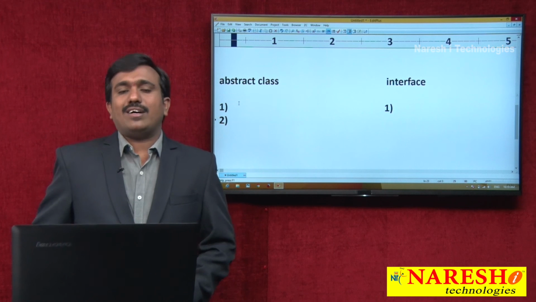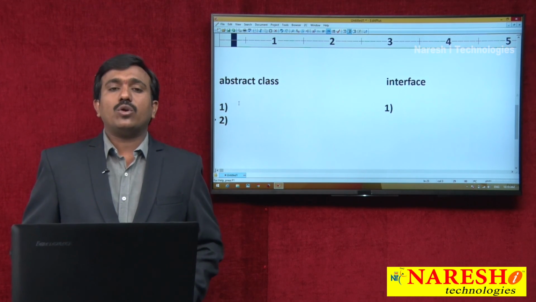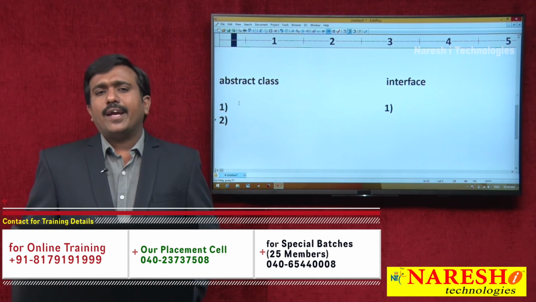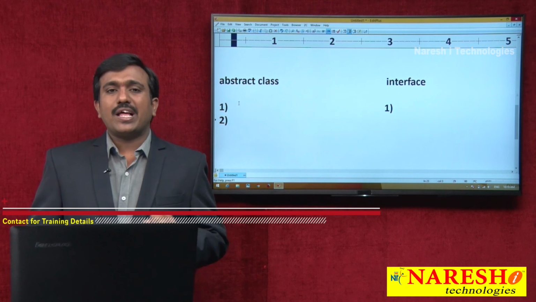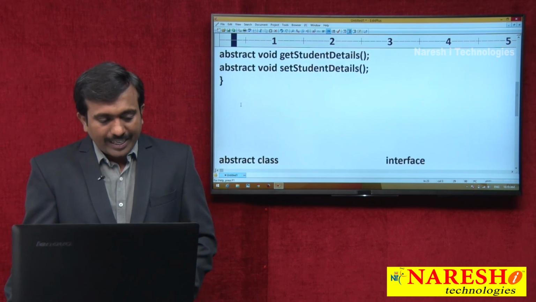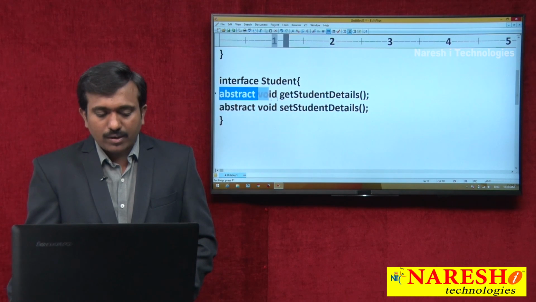Now observe another important point. Inside the abstract class there are no default cases for methods. But inside the interface some default cases are there.